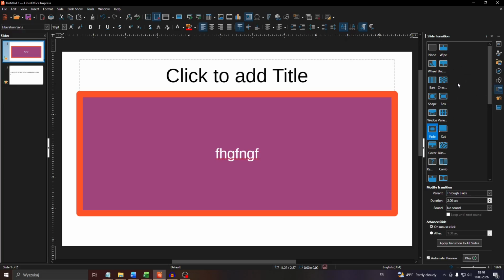Next, you may select the slide transition, customize it, the length, for example, the duration. And also guys, here below you will see the option advanced slides. So what you want to do is switch from on mouse click, which is set to default usually, to after, and then